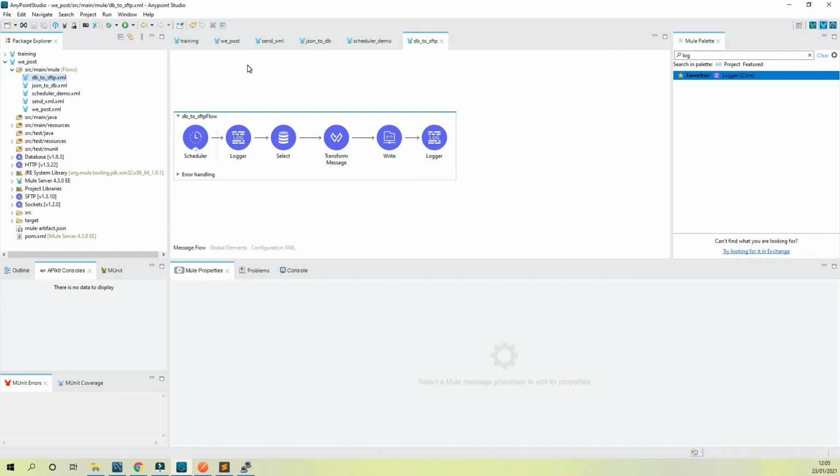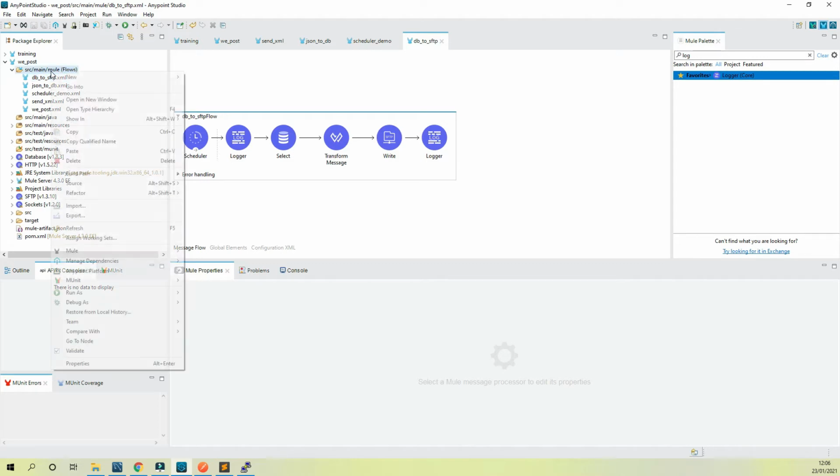So basically, what I'm going to be doing today is a scenario where we are going to be sending a JSON payload, but with multiple values. Something similar to what we have been working with, and we'll be saving it into an Excel sheet. So basically, let's go right away